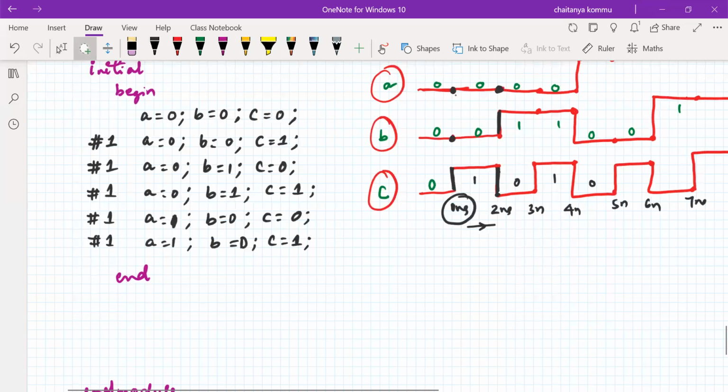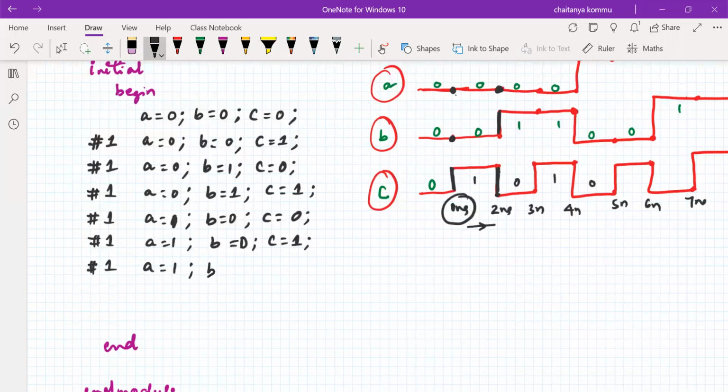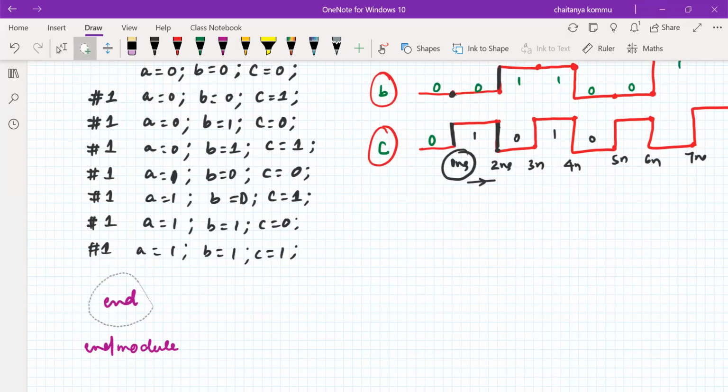Okay. So without wasting my time, I'm writing directly. If you see that, A is equal to 1, B is equal to 1, C is equal to 0. Another 1 nanosecond, A is equal to 1, B is equal to 1, C is equal to 1. That's it. So we have to end this module. Finally, I'll write here is initial. Better, without confusing anything here, I want to write $stop.